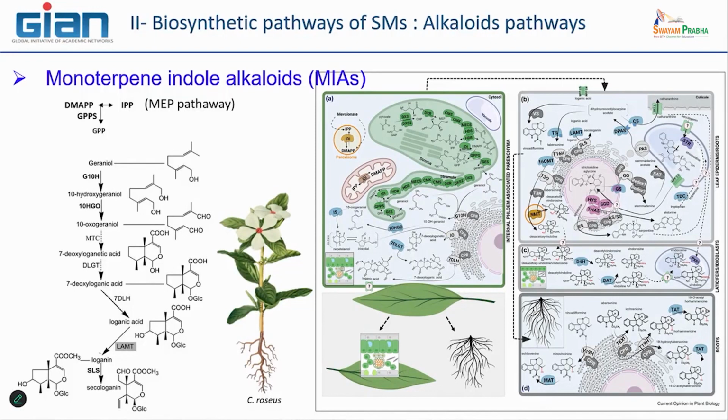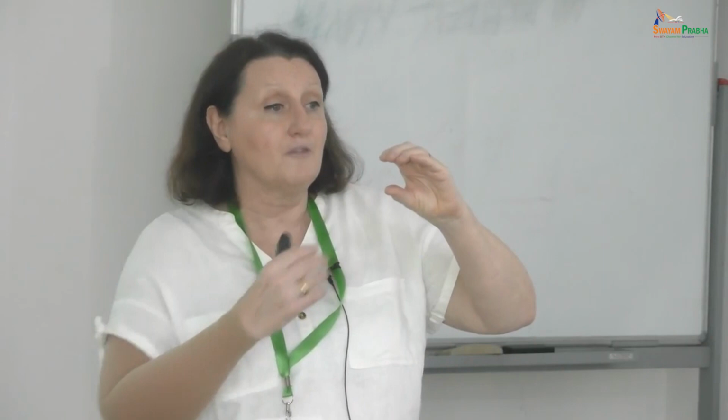So you can easily understand that when we have such a complex metabolic pathway, with organization between different plant cells and between different organelles in each plant cell, it is quite difficult to imagine that only one cell culture can be able to produce vincristine and vinblastine. We have worked, not only my lab but lots of labs, about 20 years ago, a lot to generate plant cell cultures that would be able to produce vincristine and vinblastine. In fact, it is impossible. We are able to produce some intermediates, but never the final